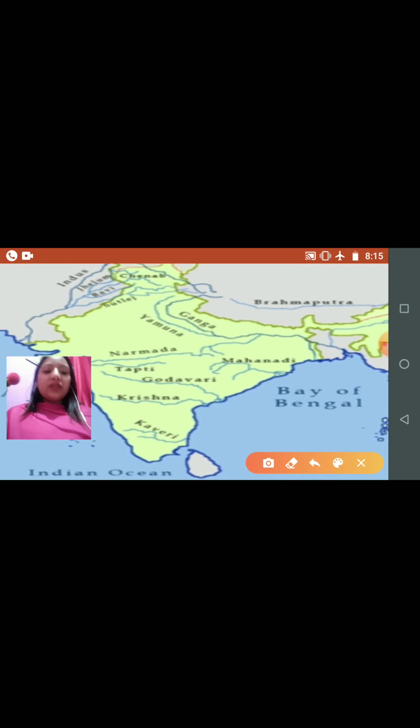Most of the major rivers of India like Ganga, Brahmaputra, Mahanadi, Godavari and Krishna flow into the Bay of Bengal. Many short swift rivers such as Sharavati and the Periyar in Kerala rise from the Western Ghats and flow into the Arabian Sea. These rivers are used for generating hydroelectric power. See in this map the many important rivers of India have been clearly shown.